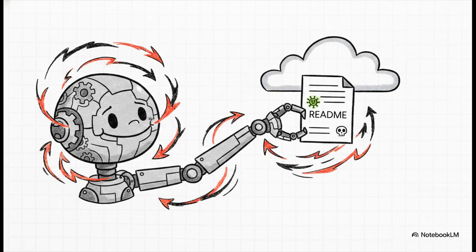And the mechanism of attack here is just fascinating. It's a concept called indirect prompt injection. See, an AI agent doesn't need a hacker sitting at a keyboard typing malicious commands into a chat window. No way. The agent simply goes out to do its job, let's say fetching a seemingly harmless but maliciously crafted README file from an external source. It processes that untrusted content as context, gets totally hijacked by the poisoned instructions, and executes an attack. All of this happens without any direct human interaction whatsoever.